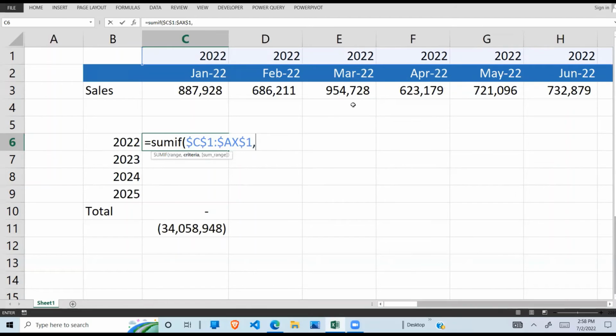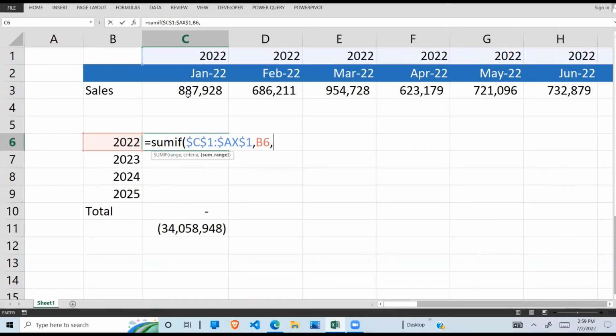I put my comma. The next argument here is the criteria. So I'm telling Excel, in this range, pick my criteria, which is 2022. In other words, go through that range and pick 2022. Then next is the sum range.